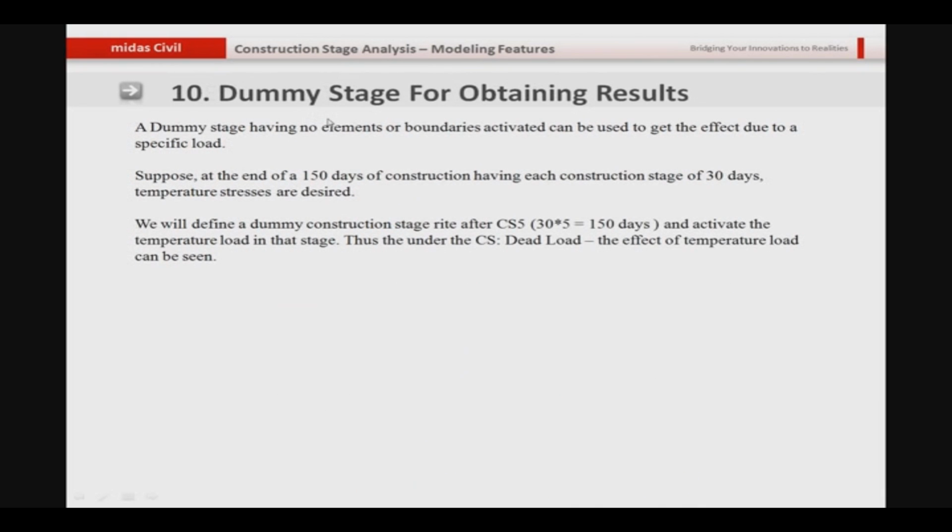Finally, if you want to obtain the force effect due to a particular type of load, then in Midas Civil you can define a dummy stage. Let's say after the 5 construction stages in a particular bridge, I want to see how the thermal effects will affect the bridge. So what I will do, I will first define the 5 stages and I will define a 6th stage which I will call a dummy stage, and I will define the thermal load and I will